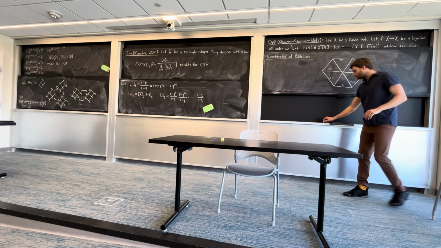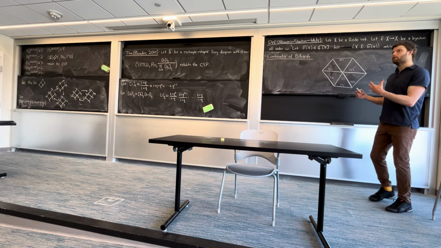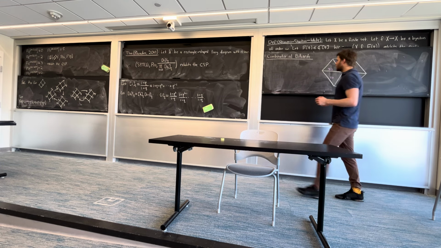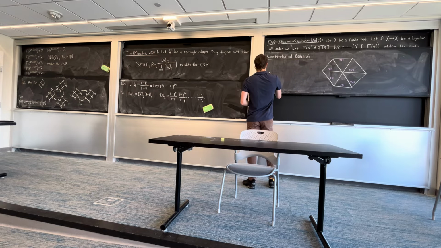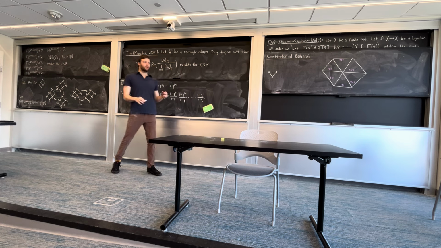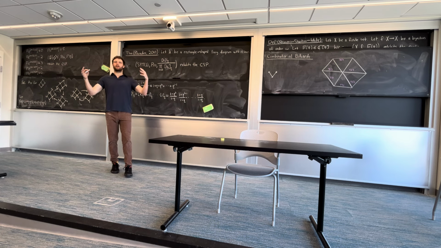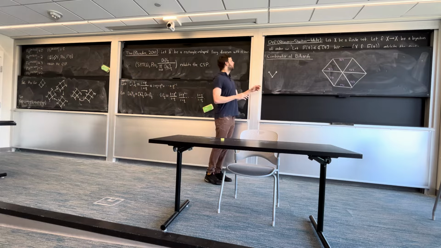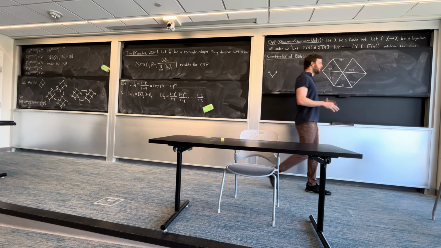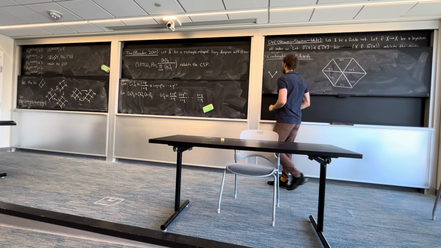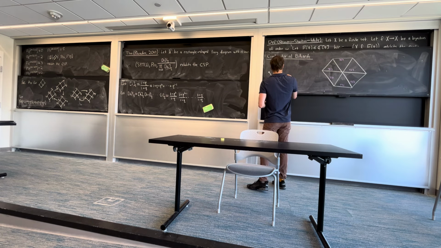So I want to take a poset, and my poset has to be very simple in order for me to draw it in 2 dimensions. So I'm going to take my poset to be this 3-element poset. In general, for what I'm going to describe, the dimension of the space where I'm working is going to be 1 less than the number of elements of the poset. So because I want to work in a 2-dimensional space so I can draw things, I have to work with a 3-element poset. So here's my poset, and it has 2 linear extensions,